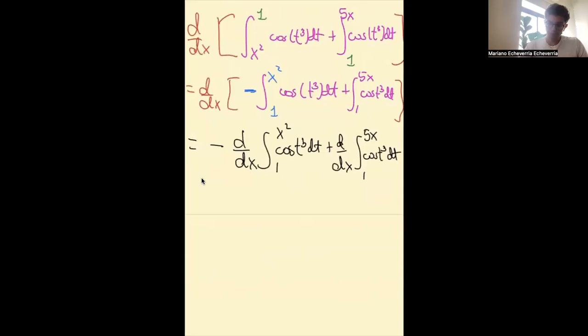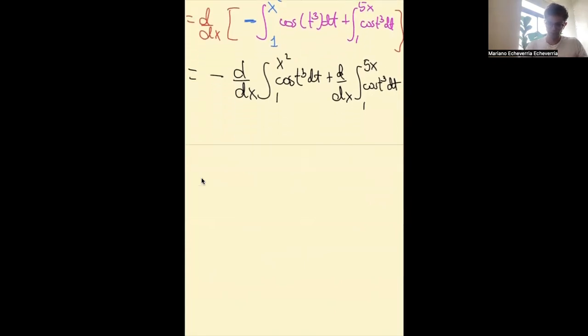Okay, so the way to do each of these individually is to do the chain rule. We have to do two chain rule problems. So for the first one, we're going to call u equals x squared. That way we end up with the derivative with respect to x of the integral from 1 to x squared, but 1 to x squared becomes 1 to u,